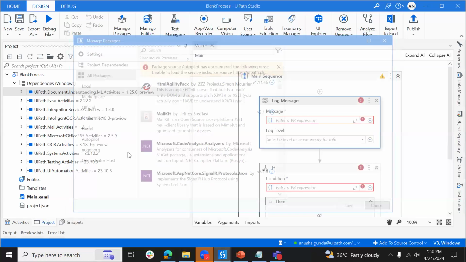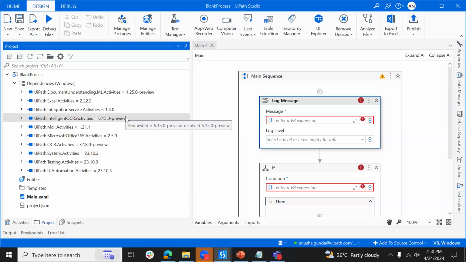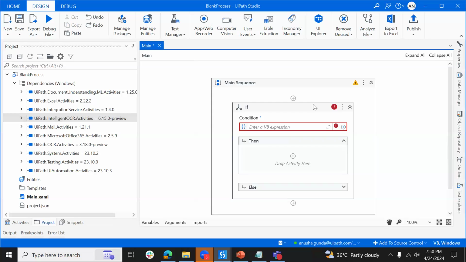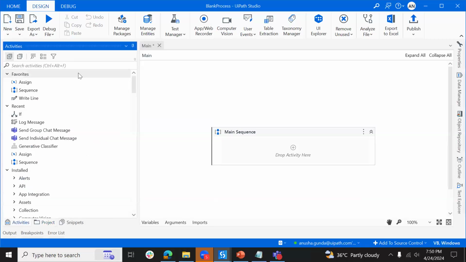In the same way, I have added these dependencies over here. Document understanding, ML package activities, and OCR activities. This is for our traditional or the old approach of model training and using the DU. So this will help the existing project only. This is from my last demo. Let me remove this. So what's the difference that it's making is